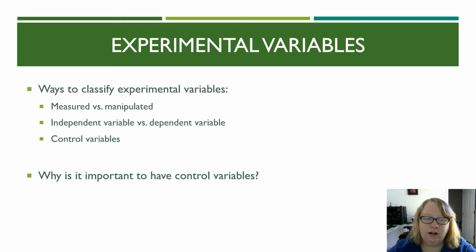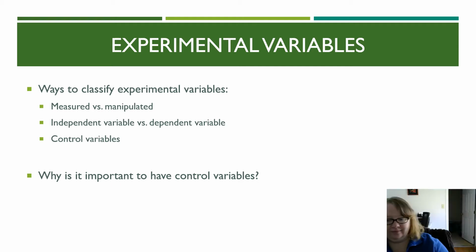All right, so it's important to have control variables. These are variables that you're actually holding constant. So these are things that you are not varying in your experimental study. It's important to have control variables because in order to make a cause and effect claim, which is what we want to do with experimental design,